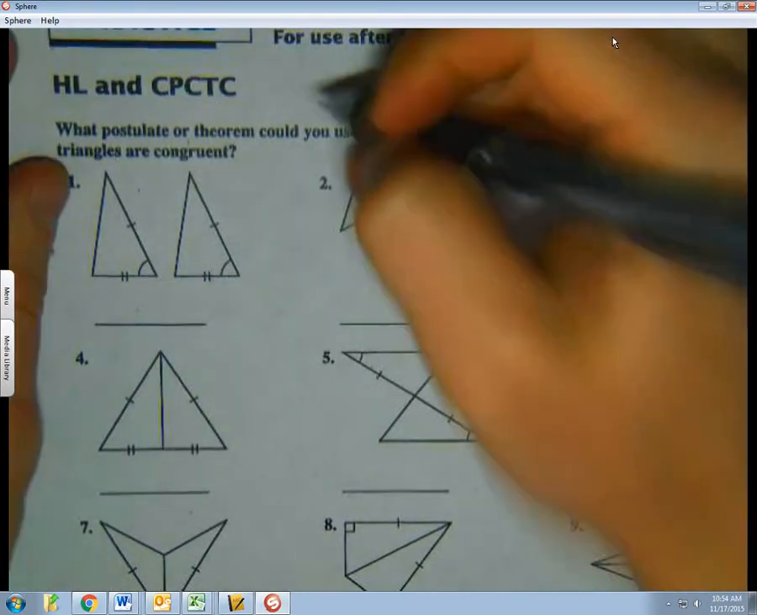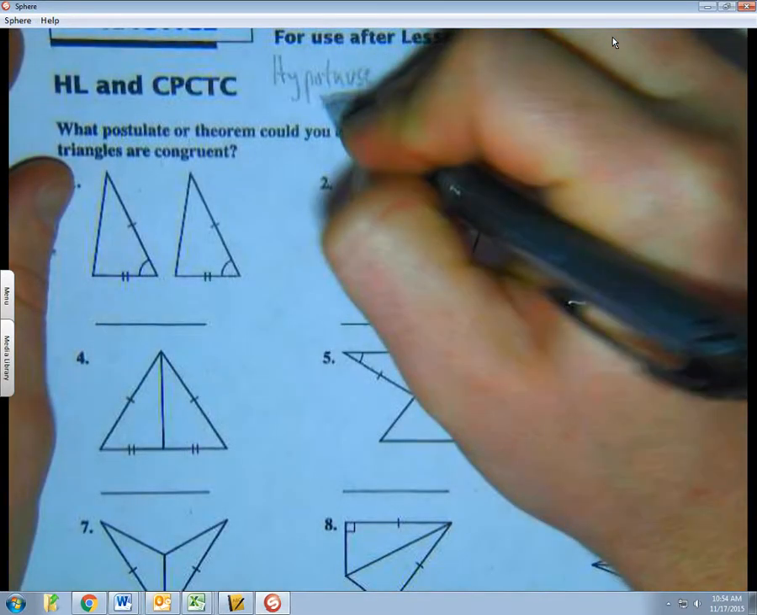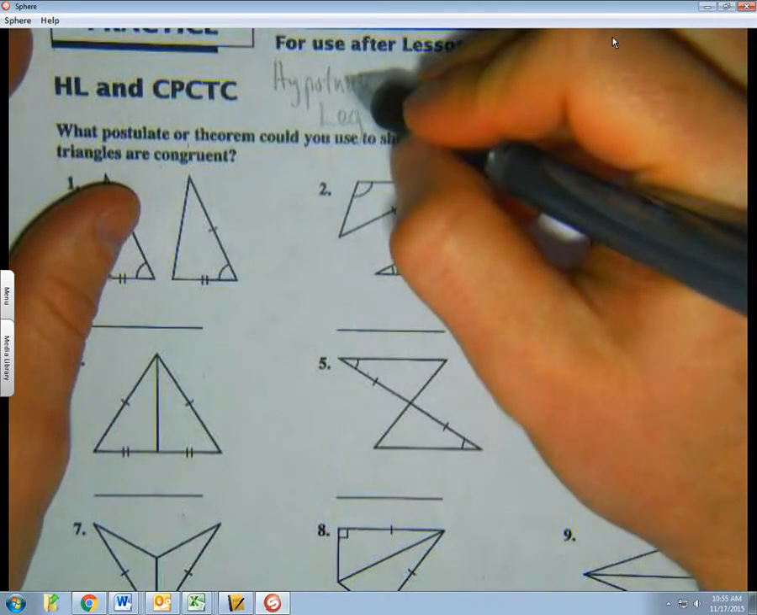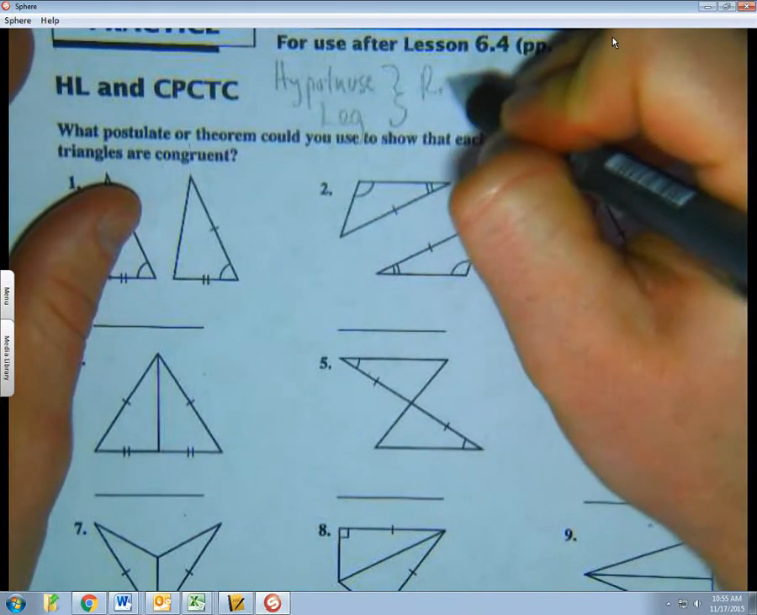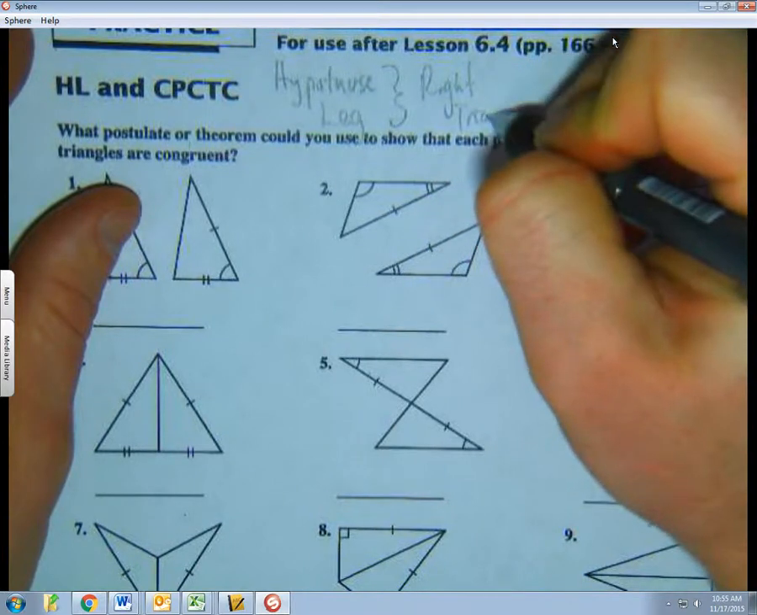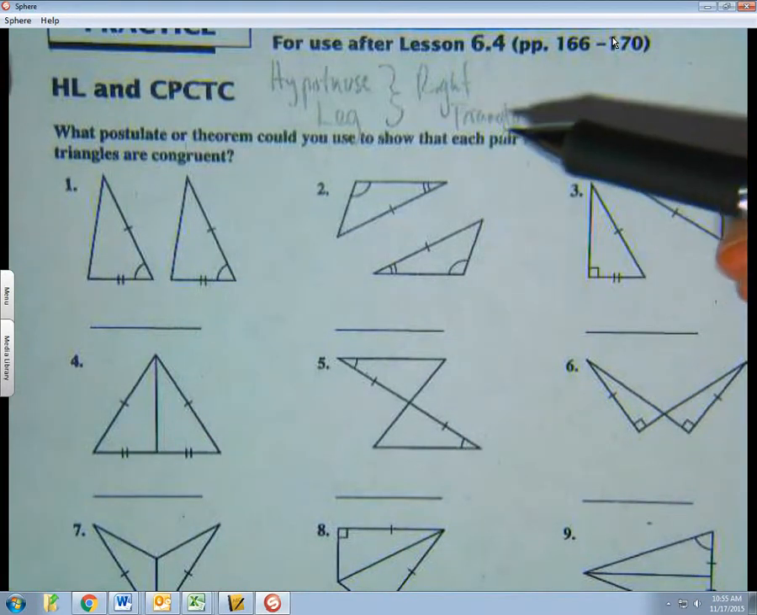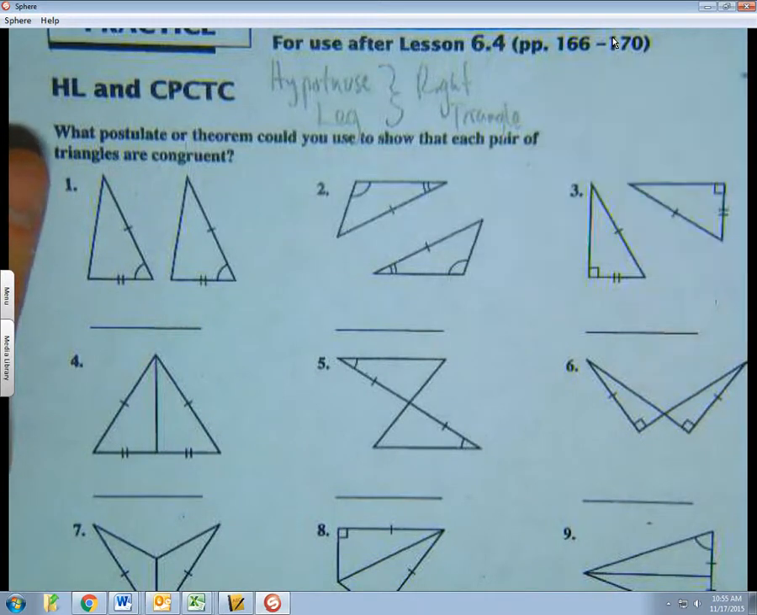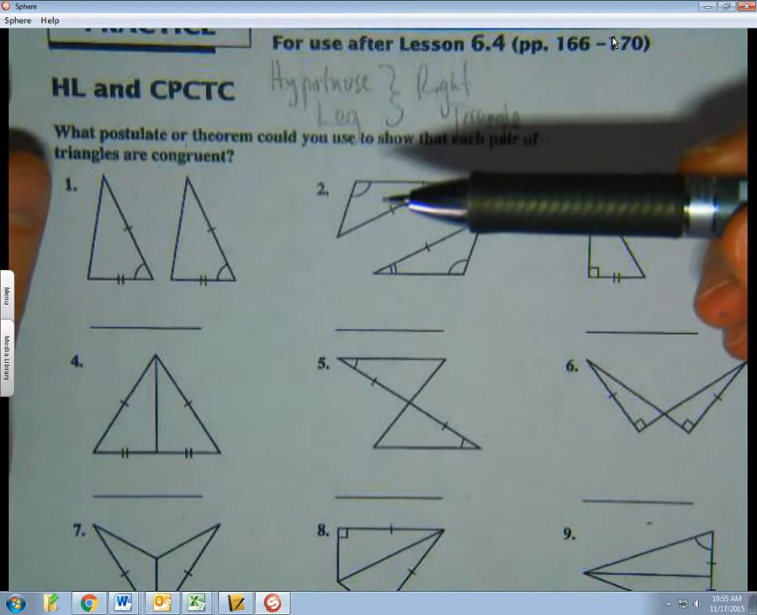HL stands for hypotenuse leg. And you should recognize these hypotenuses come from a right triangle. So whenever we see HL, or whenever we see a right triangle, we look at HL first. We look at hypotenuse leg first. It could be something else. It could be angle, side, angle, side. But we kind of start with HL, hypotenuse leg. And then